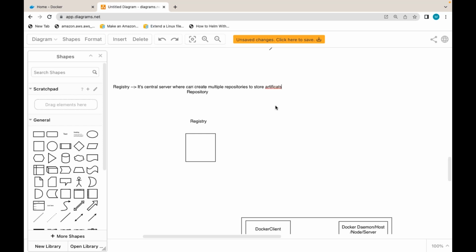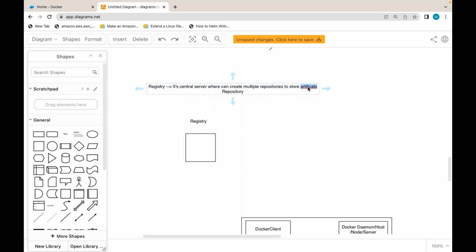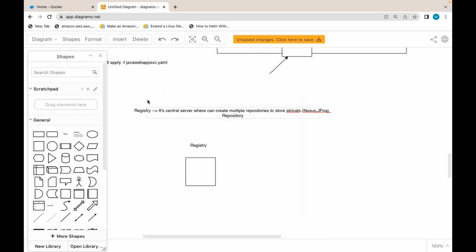Examples for registries: Nexus is a registry, JFrog is a registry, like this. So what is Docker registry?